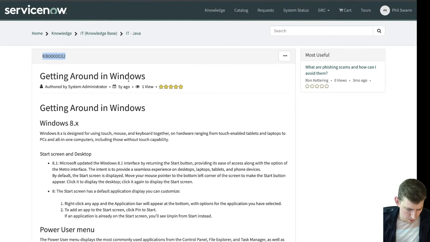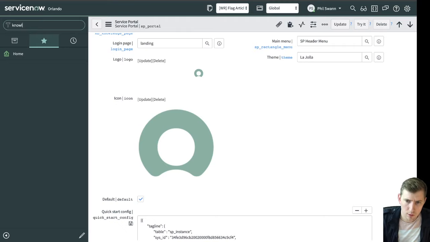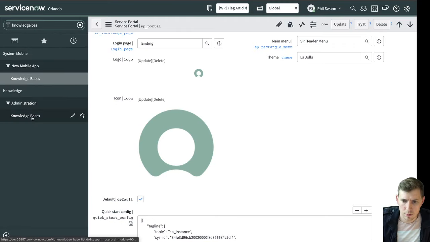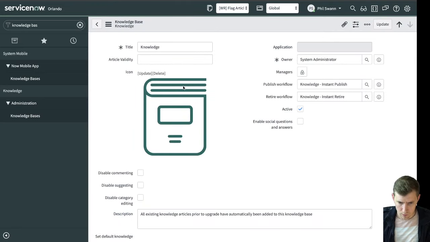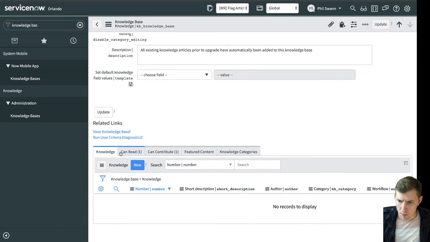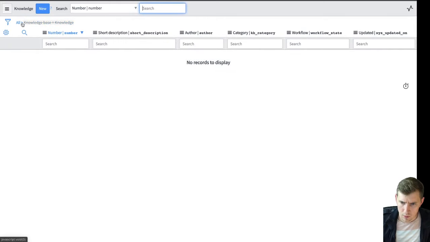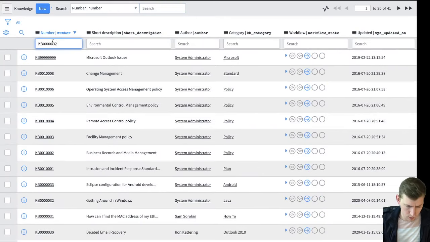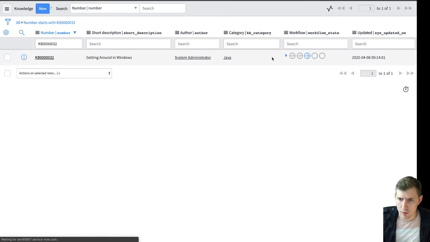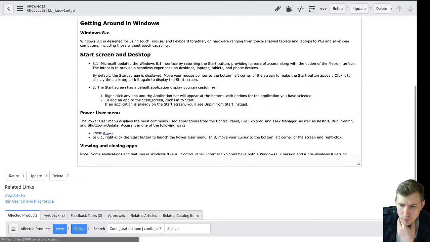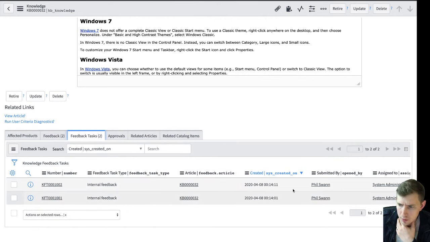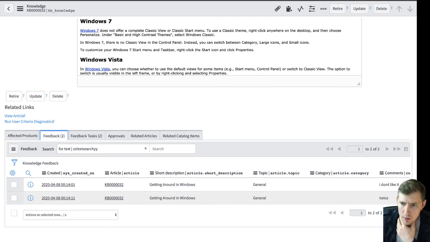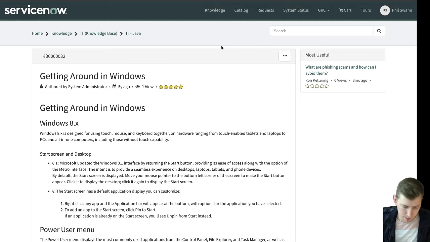And let's get that KB article number. Just go back to knowledge bases. Okay, go to number. That's what's come from. Let's just go and check in here what happens when we flag an article. So we can see here feedback and feedback tasks, internal feedback. So this is as a result of me flagging the article. So what happens if I just